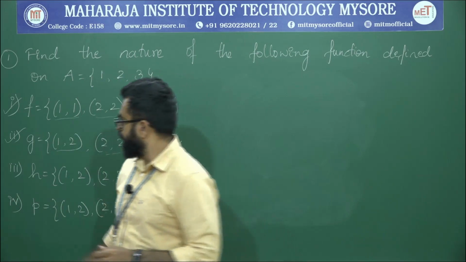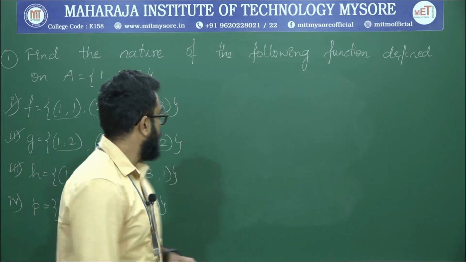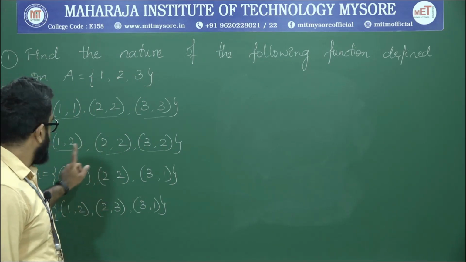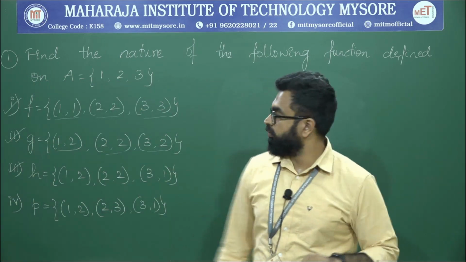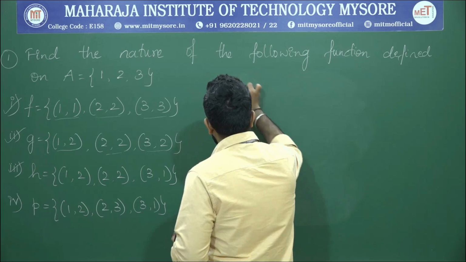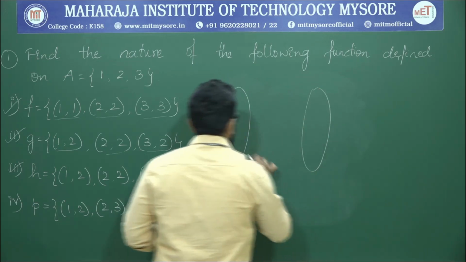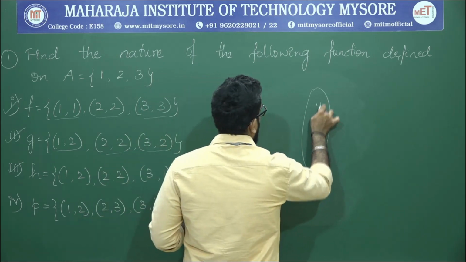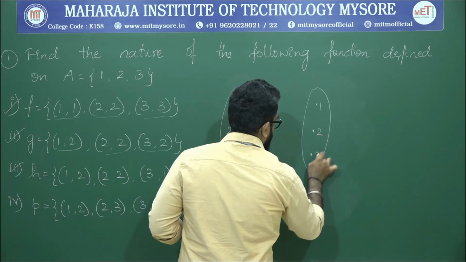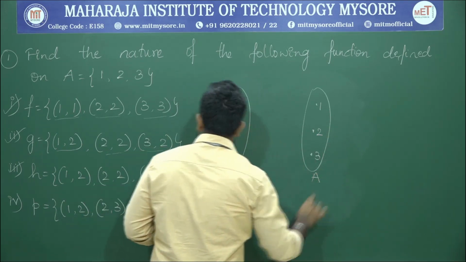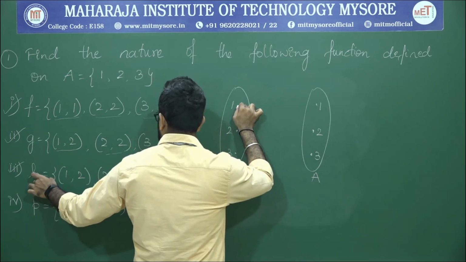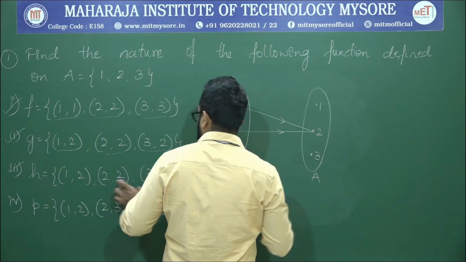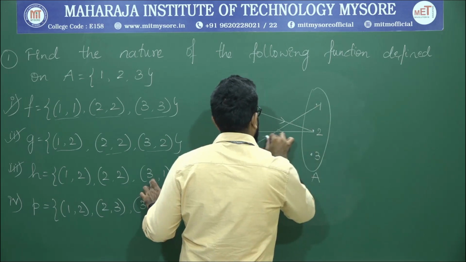Next, consider the third function here, that is h. h is a function defined on set A which has the ordered pairs (1, 2), (2, 2) and (3, 1). We'll try to write the arrow diagram for that. A and A, which have the elements 1, 2 and 3. Similarly I have 1, 2 and 3 of set A, and h is defined. So 1 is mapped to what? 1 is mapped to 2, 2 is also mapped to 2, and 3 is mapped to 1.